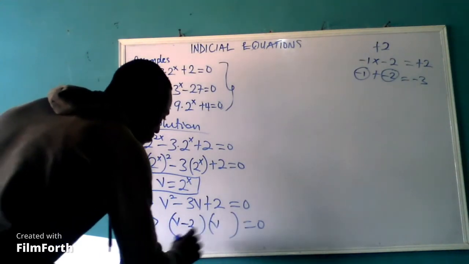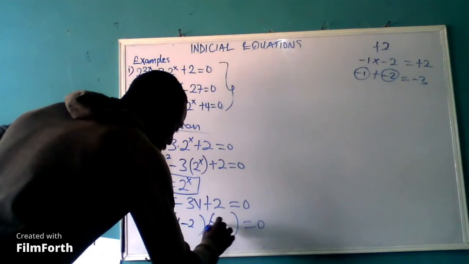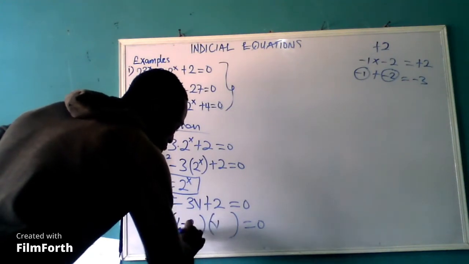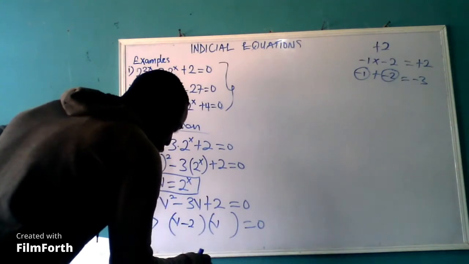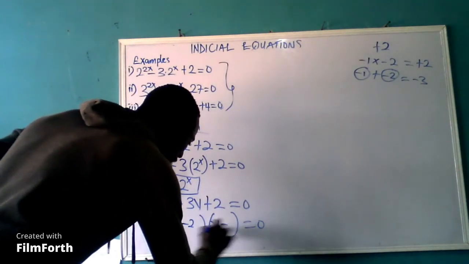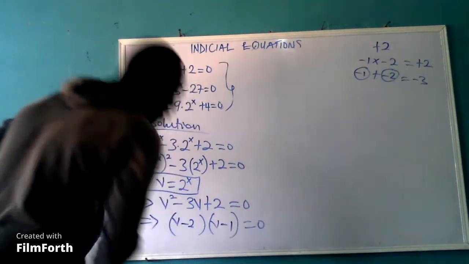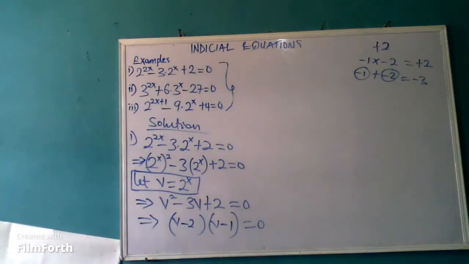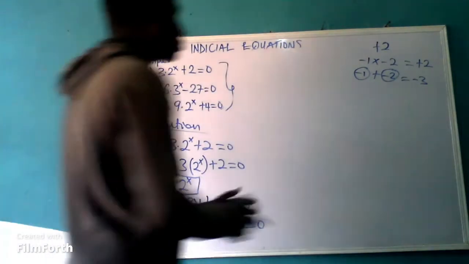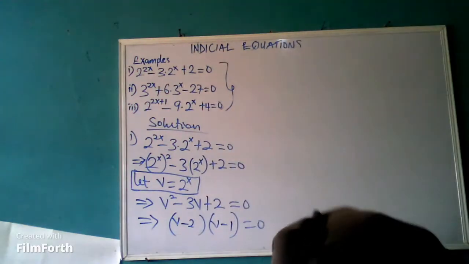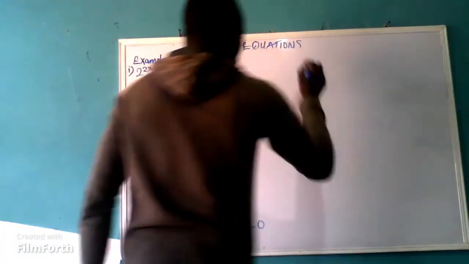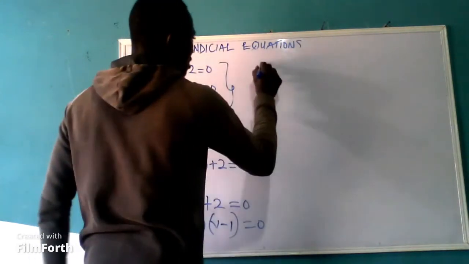It doesn't matter the order, it doesn't matter the arrangement. You can put minus 1 here and put minus 2 here. You can as well do otherwise, so that you have minus 2 and minus 1. Okay, the next thing, now to the next step, this implies that